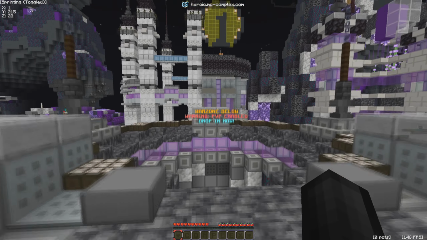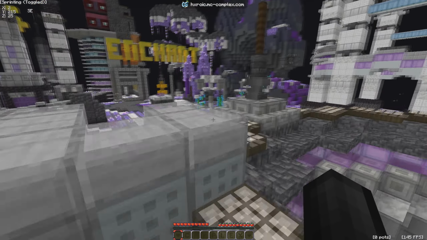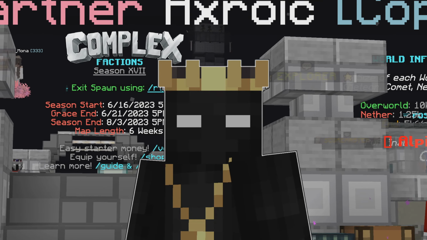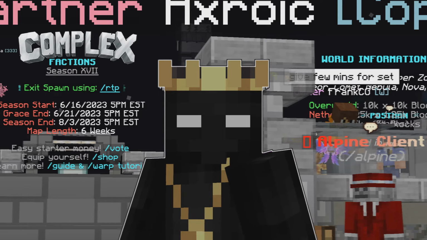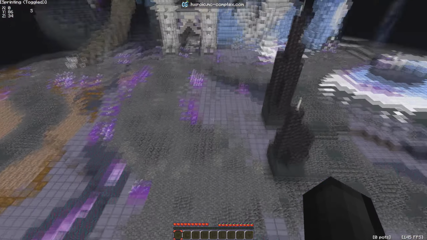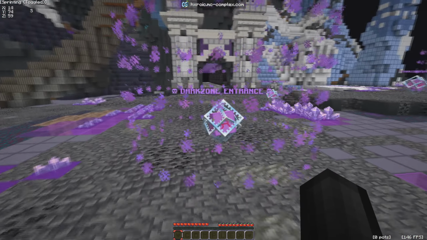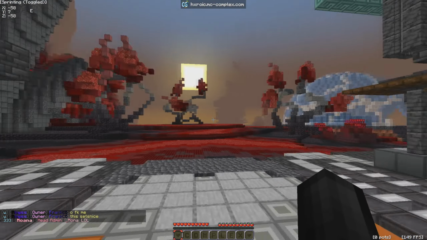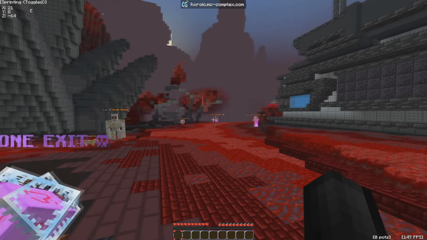Now on MCComplex, a ton of PvP happens throughout the entire season. So I want to show off the war zone as well as the dark zone. The dark zone is the number one way to make money: spawners, enchants, everything that you need on the entire server. So if we drop down into the war zone directly under spawn, you guys can see dark zone entrance crystals that take you directly to the dark zone to get a bunch of really overpowered items. As you guys can see, the dark zone is absolutely massive, and this is actually a